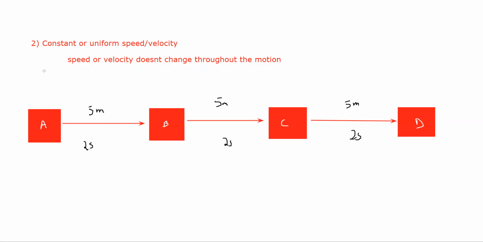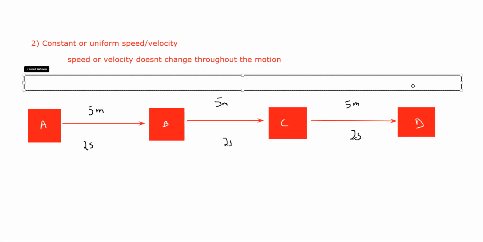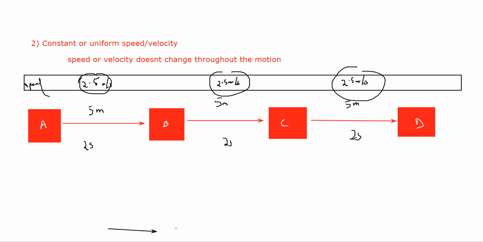2.5. The speed is 2.5 meter per second from A to B. From B to C, what is the speed? Distance divided by time. Again, you will get 2.5 meter per second. From C to D, 5 divided by 2, again you will get 2.5 meter per second. So you can see here that the speed of this object is not changing, or remains constant. So if we sketch a distance and time graph for this object,